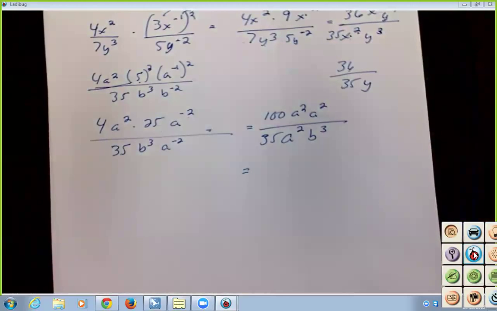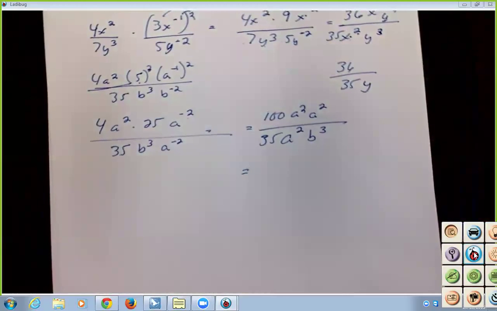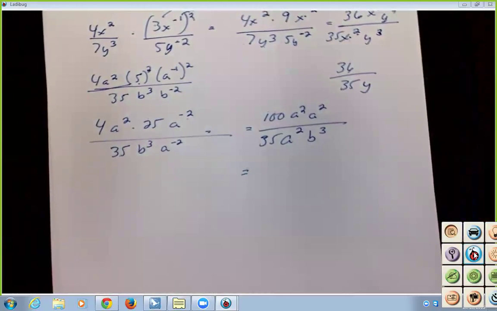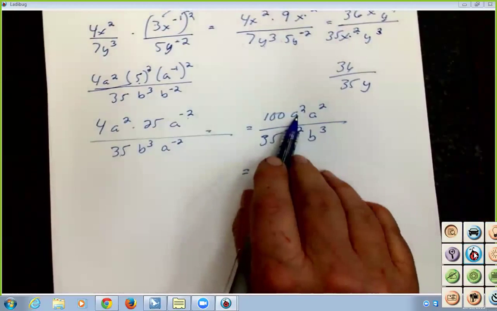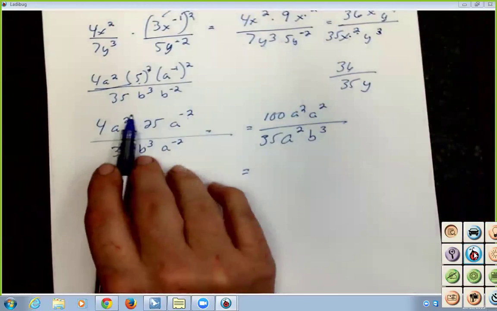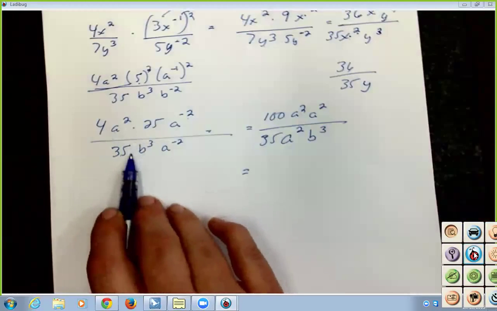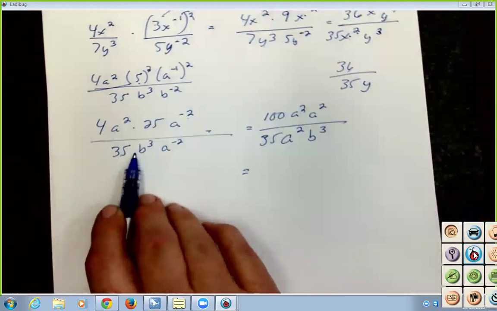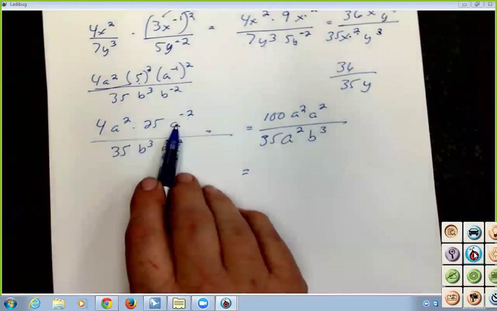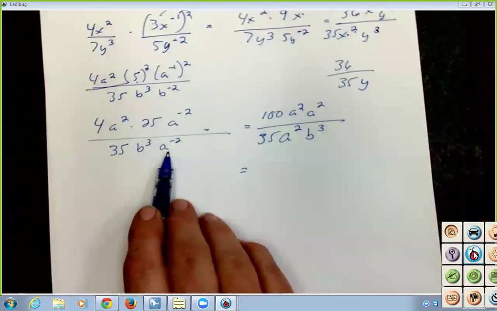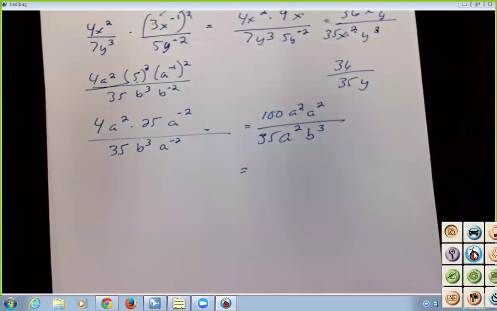Just negatives move. Positives stay where they're at. They can never go anywhere or move anywhere. So they got to stay exactly where they're at. Like this one doesn't move, and this one doesn't move. This does, and this does. Yep. So they change places. So now